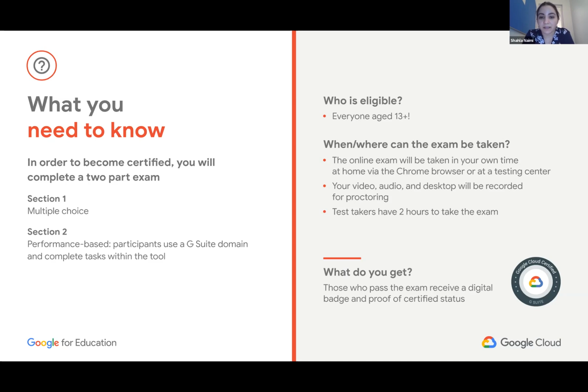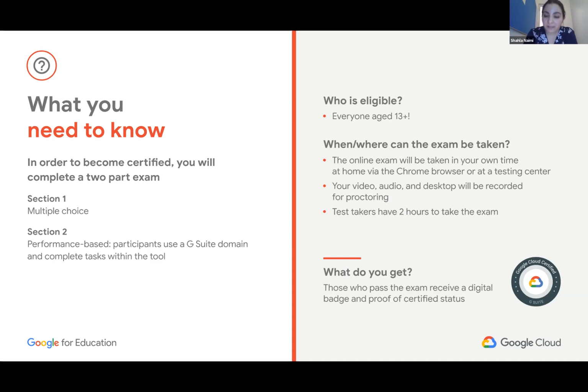The last bit of it is, how long do they have to take the exam? We wanted to make sure this was as accessible as possible. Of course, there are an unlimited number of things that we can test individuals on, but the exam has been structured in such a way that it is a lot more accessible in terms of the amount of time it takes. Test takers have 2 hours to take the exam. Some might spend the entire 2 hours, and we might see that others only need an hour for it, but we've allocated a total of 2 hours.